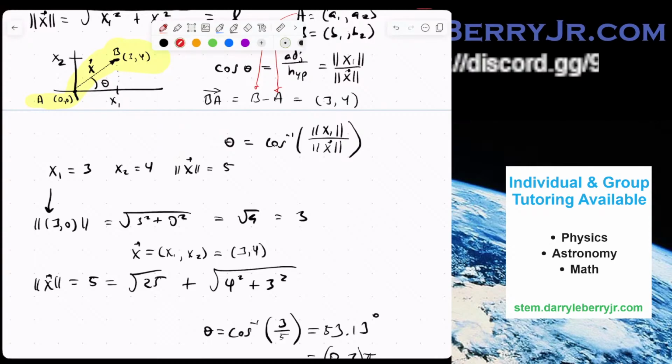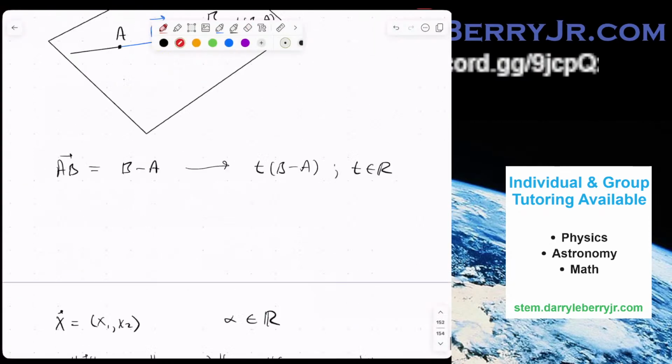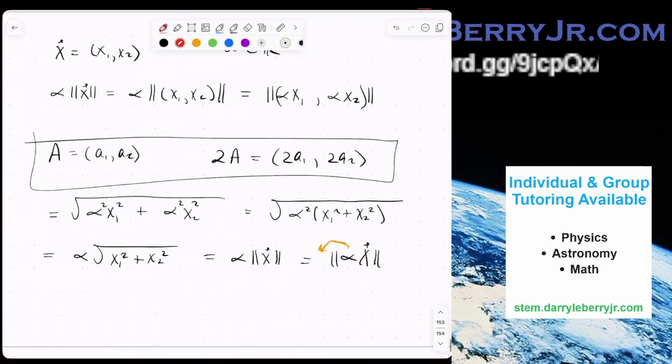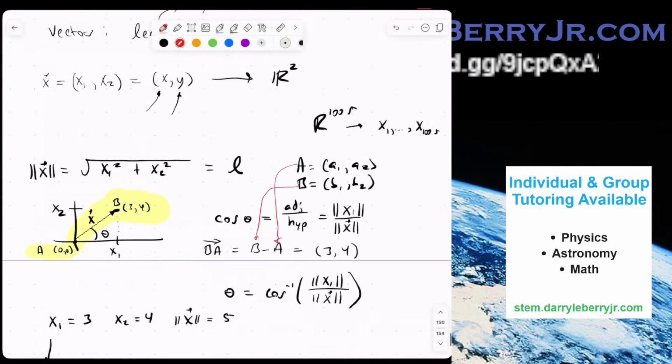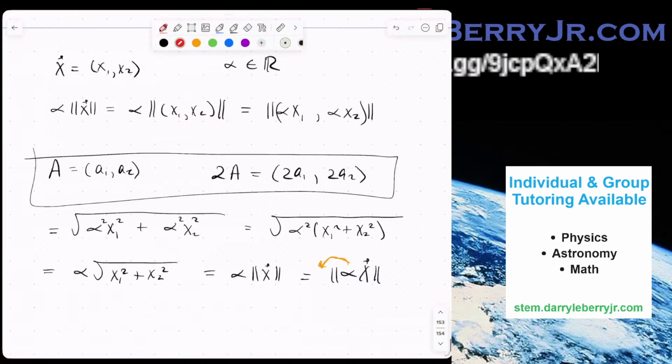So this was A1 and A2. We know that works. So pretty much the same thing, an extension of that. So remember that the scalar inside the magnitude of a vector is the same whether it's inside or outside,